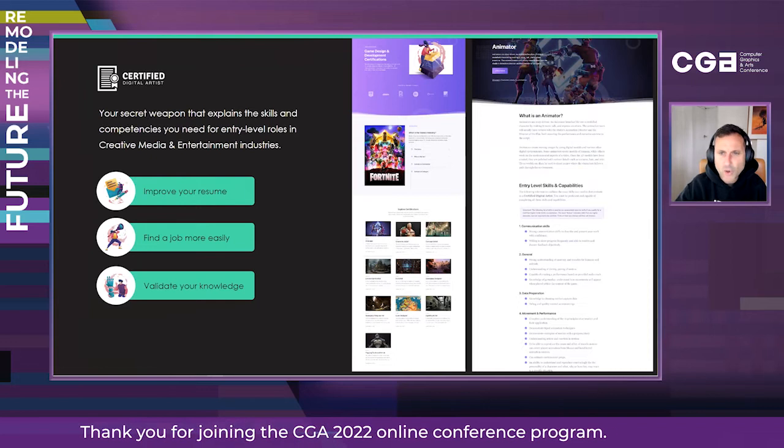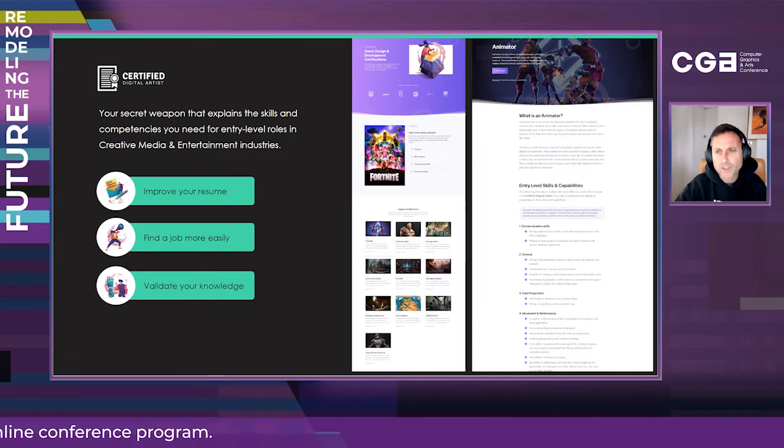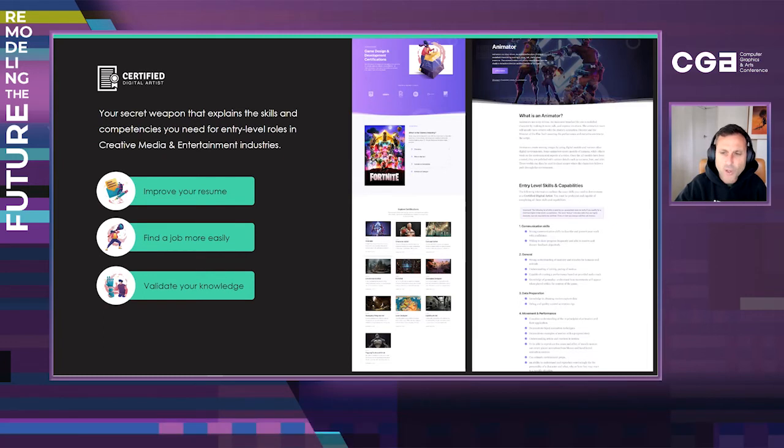So we will check your work, we'll come through, make sure that you've reached all those check marks, and we can actually go through and certify you. If some of those skills are missing, then we can let you know that you need to improve on these certain areas. But once you've got that certified badge, then recruiters will recognize that and be able to know that you're at a certain level and that you're really standing out from the rest of the pack.